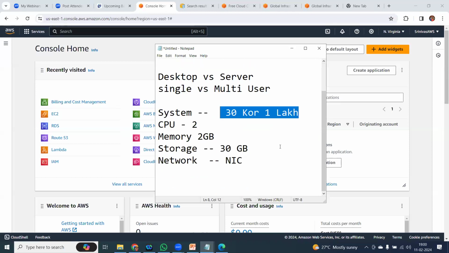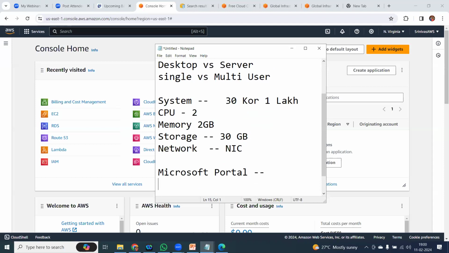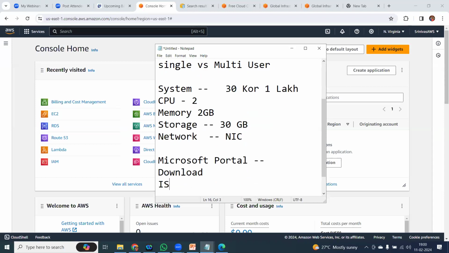Once this much amount is available, then what are you going to do? You are going to connect to the Microsoft portal, wherein you are going to download. What are you going to download? You are going to download the ISO image